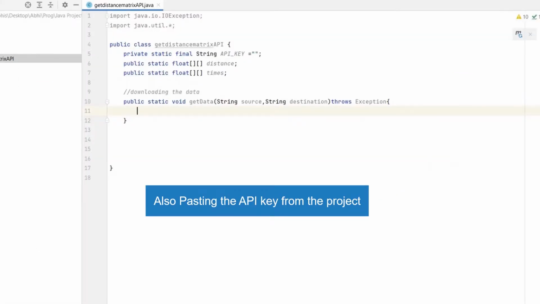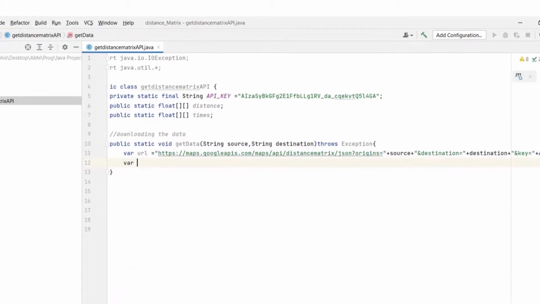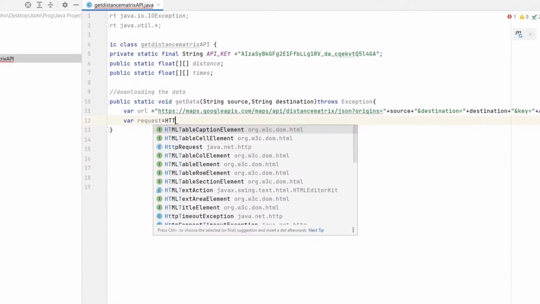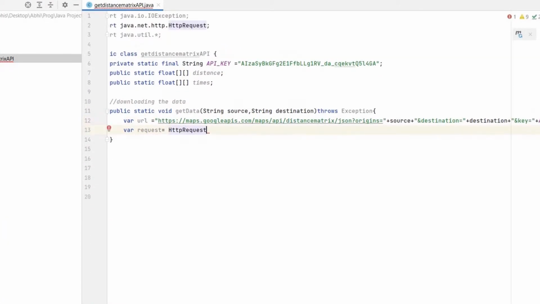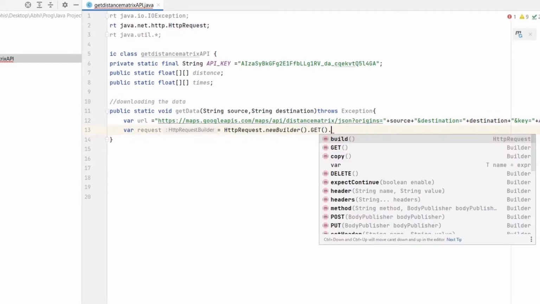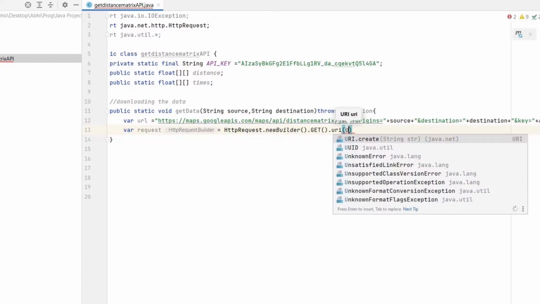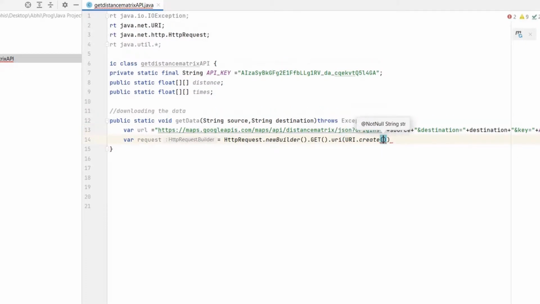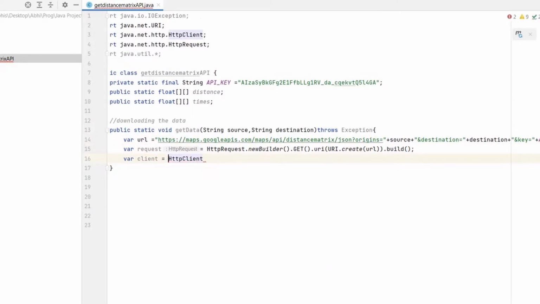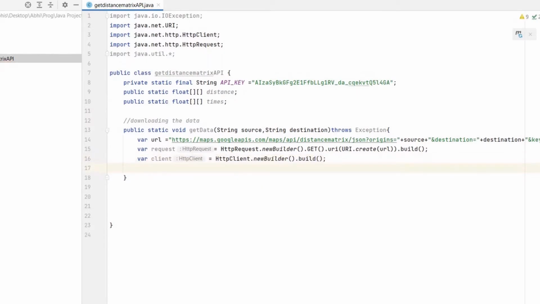So as our string API key is holding the API key which we got from the Google Cloud Services, now we will make a variable called request, that is HttpRequest.newBuilder().GET().uri, in which we are going to pass the URL, .build. Then we are going to make a variable called client, HttpClient.newBuilder().build().